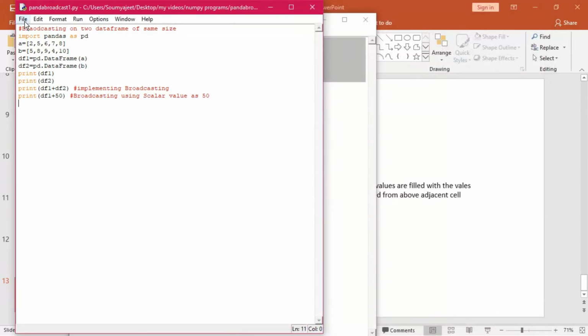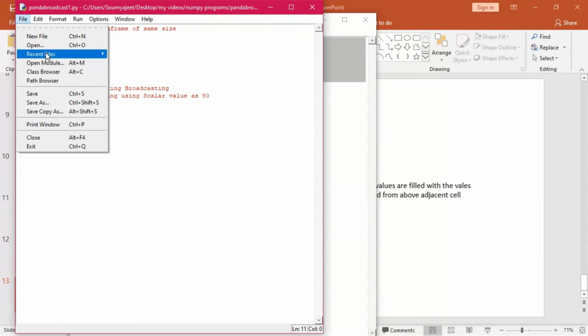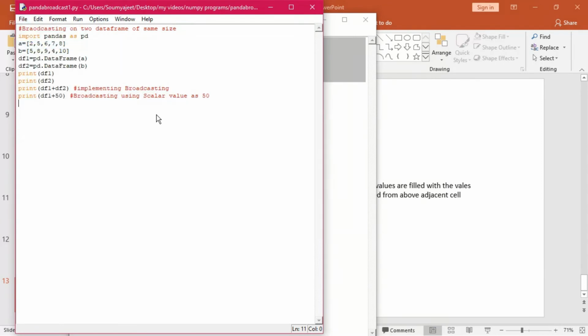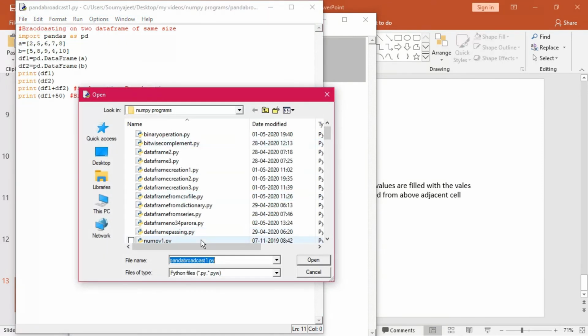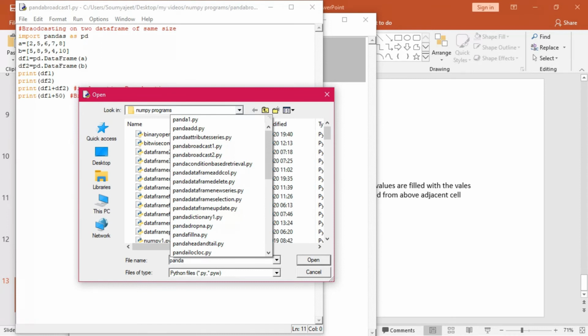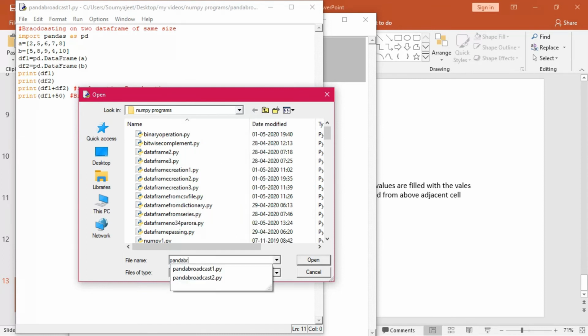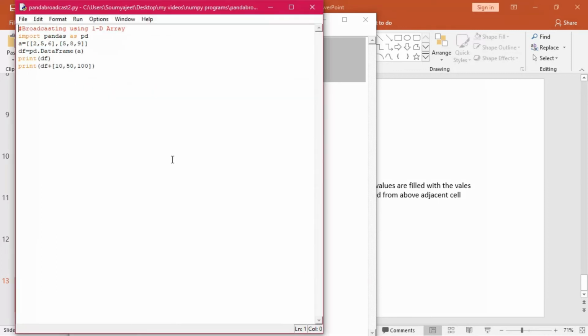Now another kind of broadcasting is also possible, but this time we will do it with a single 1D array. Now see broadcast 2, this one. I'll execute this program.